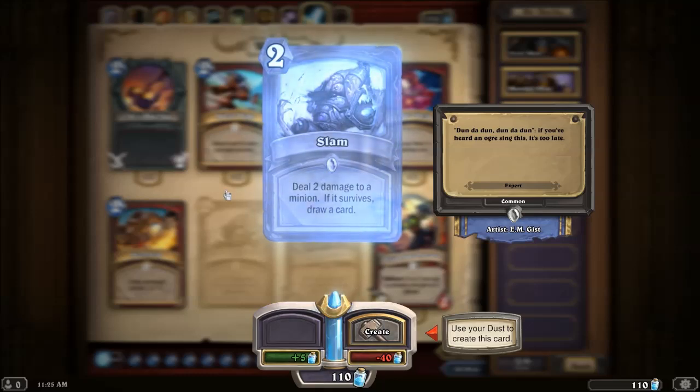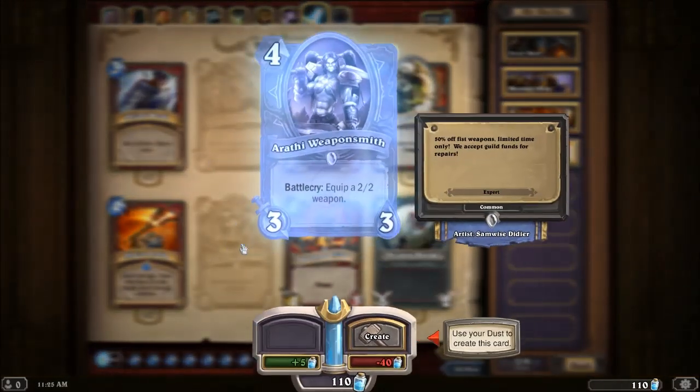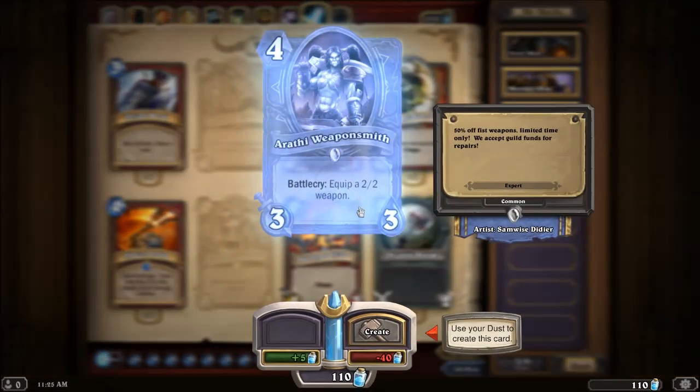So this is a card I'll probably want to create. One that I want also is this Arathi Weaponsmith. Helps in getting weapons for your hero. So I don't have any of those cards, so I'd like to accumulate 80 dust by deconstructing other cards to